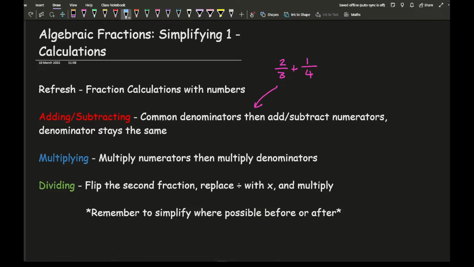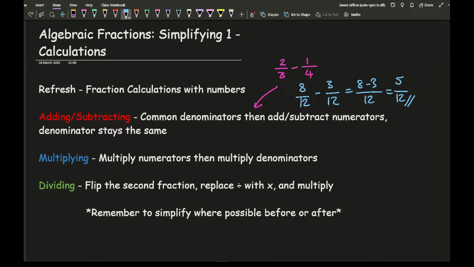I want to try to find a common denominator, so I rewrite both of those. A common multiple of 3 and 4 is 12, and then I've multiplied the first fraction by 4, so that's going to be 8, and I've multiplied the second fraction by 3, so that's going to be 3. Then that's going to be 8 plus 3 over 12, which gives me 11 over 12, and there is my final answer. Now, if it was subtraction, it'd be exactly the same. So let me just delete the plus. That's going to be a minus. This will be a subtraction,